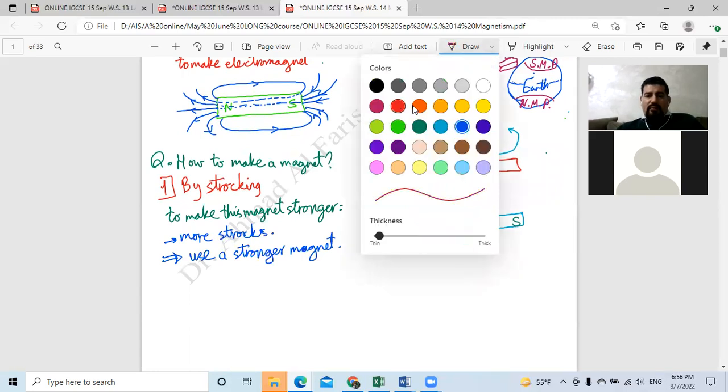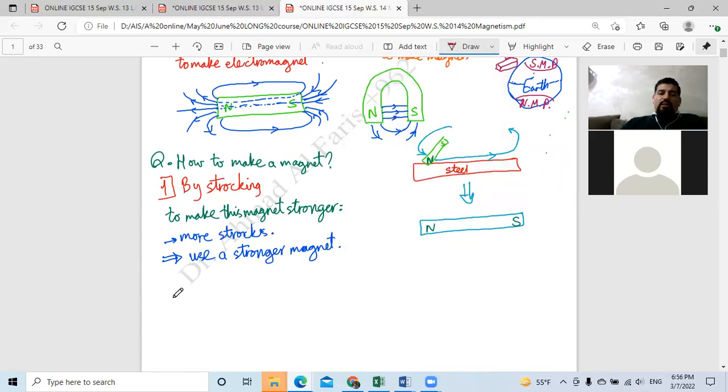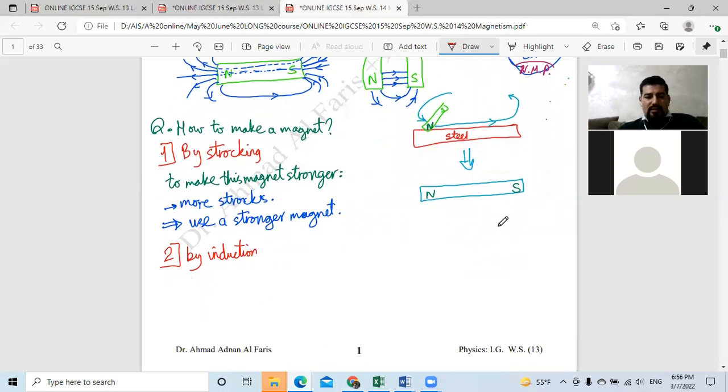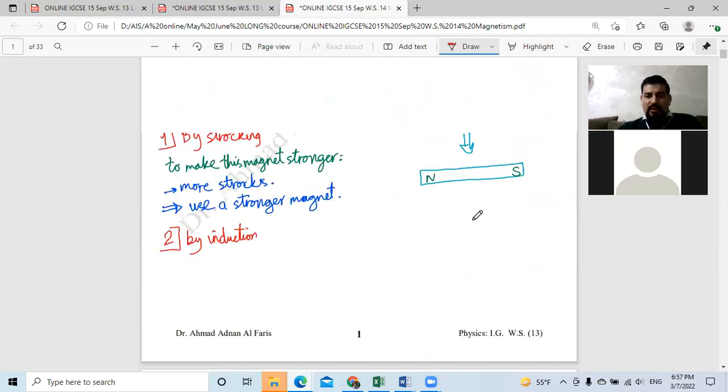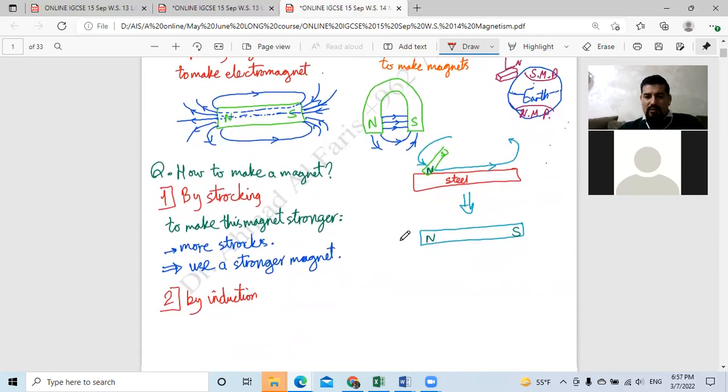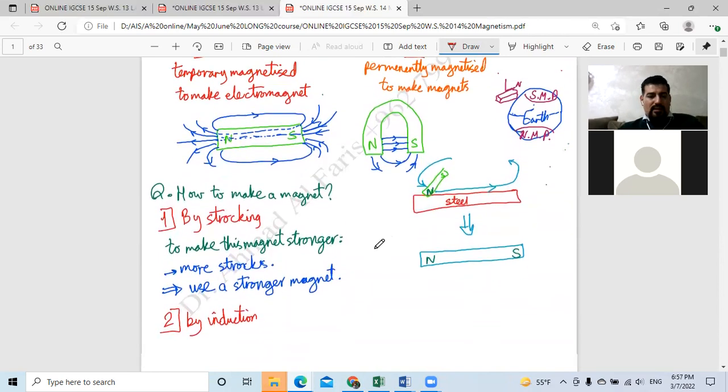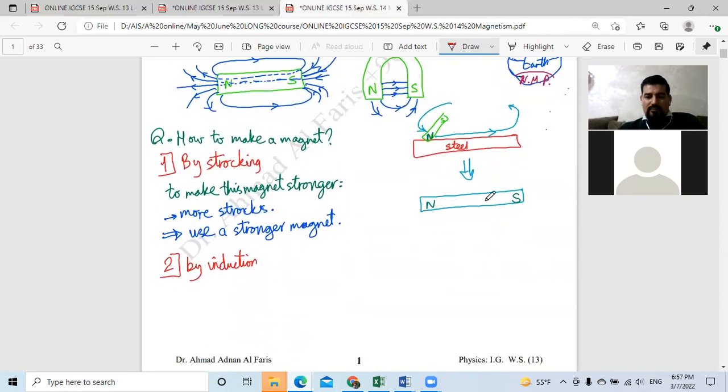This is the first method to make a magnet. The second method is to make a magnet by induction. What do I mean by induction? If I bring, for example, iron filings, iron needles or pieces of iron, okay, by induction, what I will do, for example,